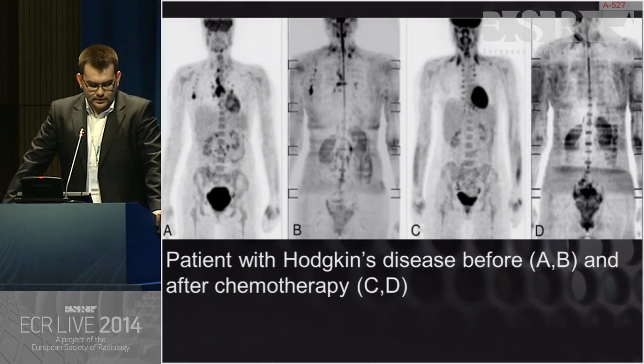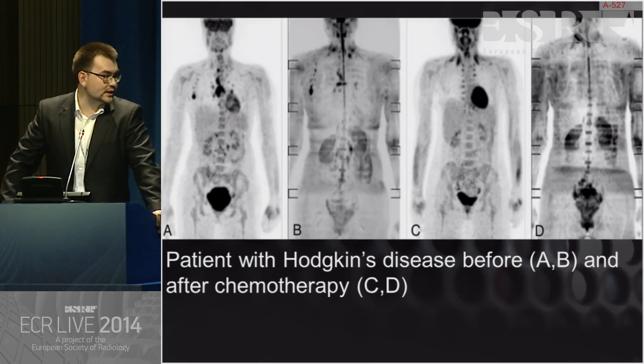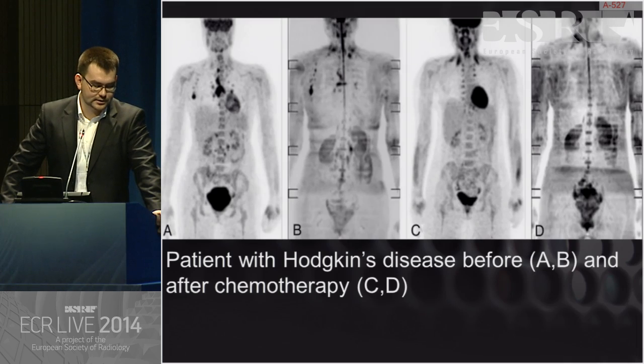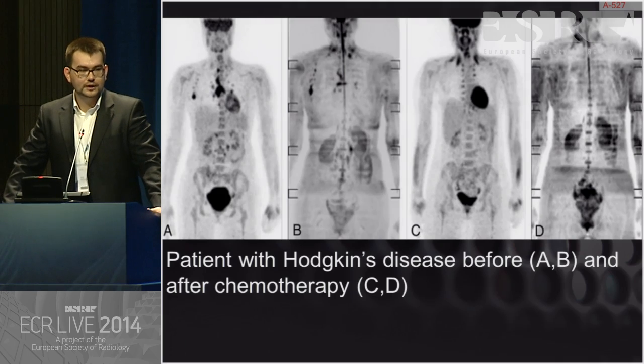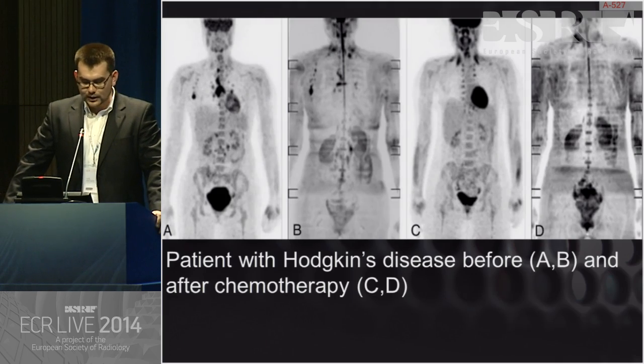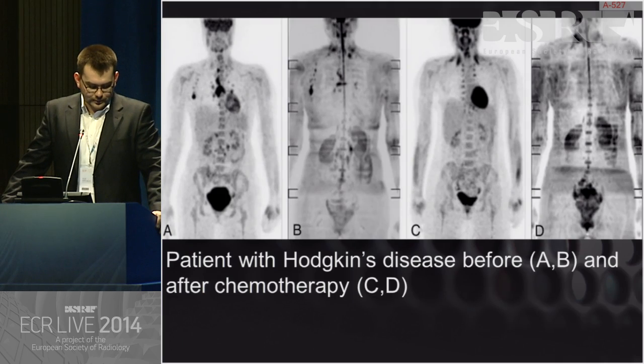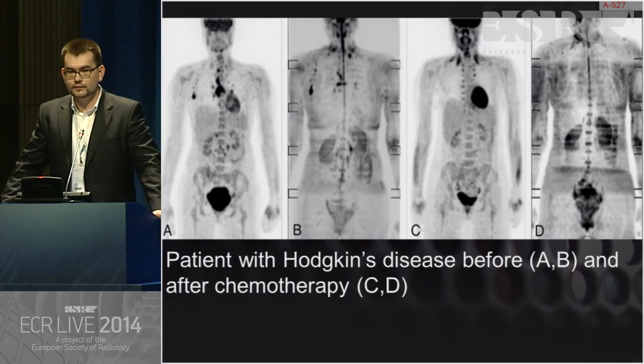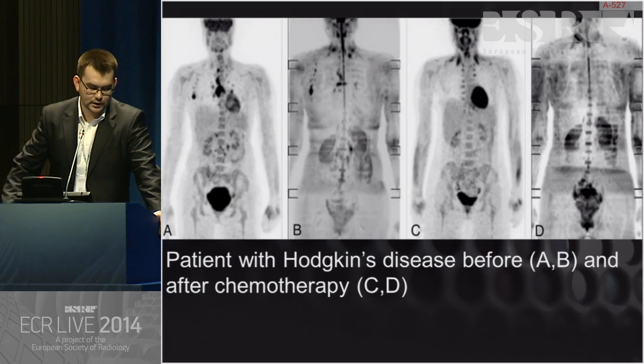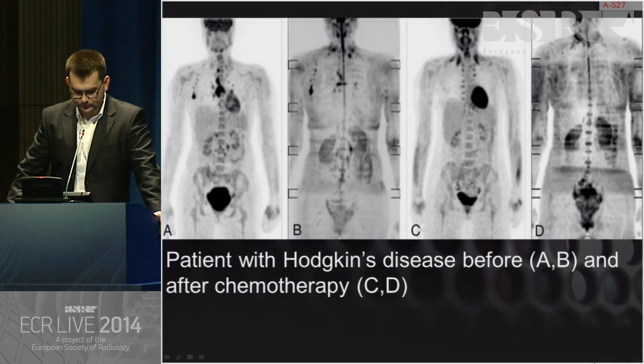Here we can see the PET MIP image showing enlarged lymph nodes with increased FDG uptake in the mediastinum and right axilla, and the inverted MIP of diffusion-weighted MR images with the lymphoma mentioned above clearly recognizable here. And PET MIP after chemotherapy with the corresponding inverted diffusion-weighted imaging MIPs showing complete response.